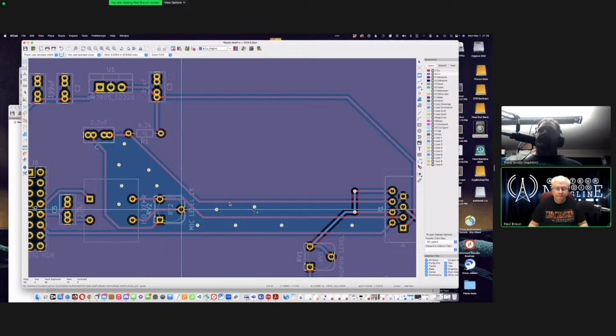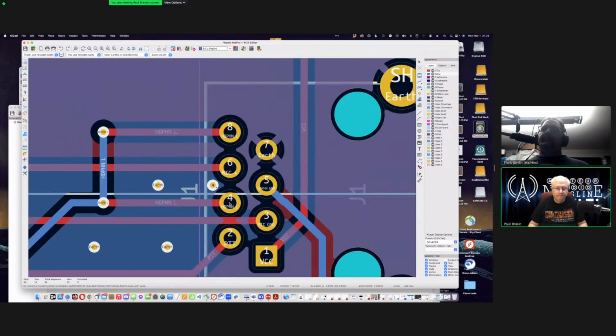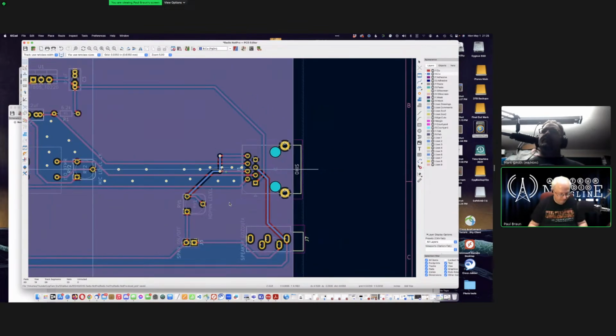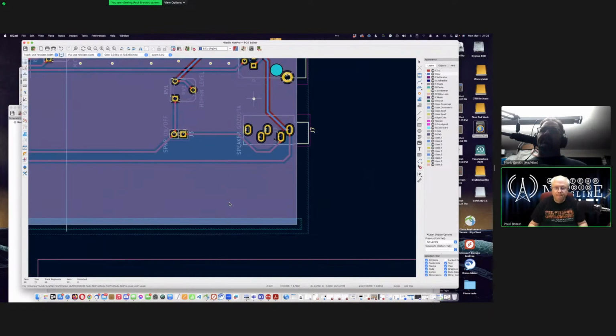Try and get as close to the tips of those, like between pins 4 and 6. See if you can fit one in there. Yeah, like get closer to the connector. Oh, undo that one. There you go. All right, now hit B. Perfect. And then you're going to want to do the same thing with that area down there, and then